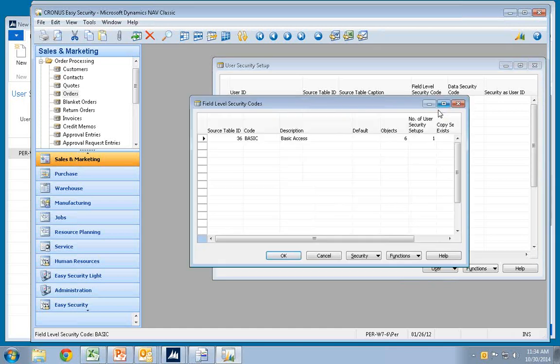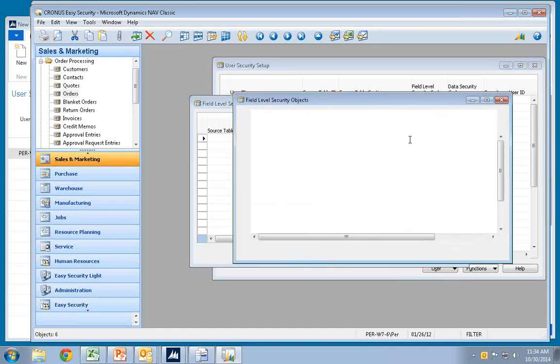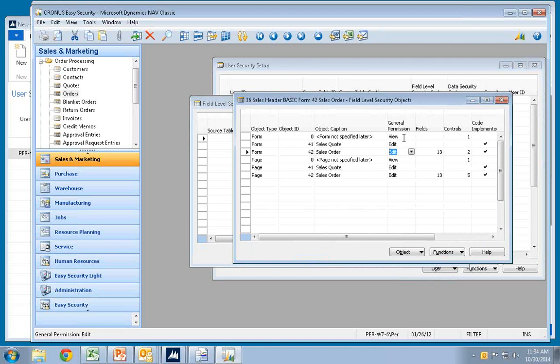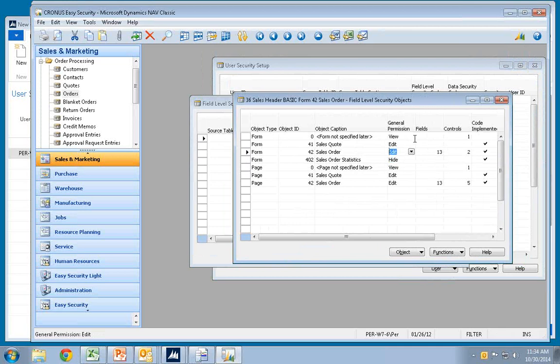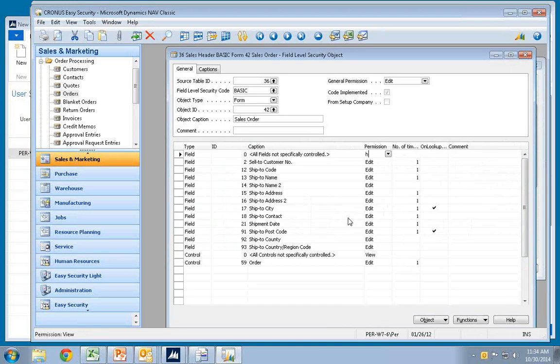I can do the same change as I did before and say we have 6 objects specified out here. And 0 again being the default for all the forms. I'll go in and say now I want to add my form for sales order statistics and I want to go hide that one. For my sales order, I had the field specified out there and I will go make them hide. I will view my sell-to. My buttons, I want to hide all of them, and my order button.